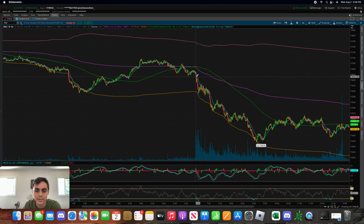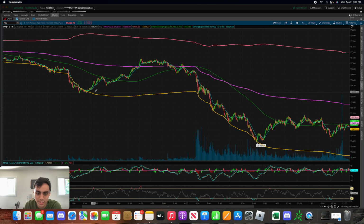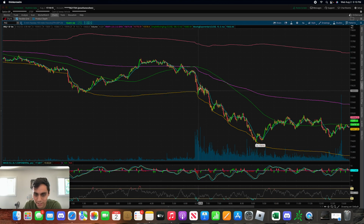That's why I got in lightly into SQQQ and I let it really run until we were approaching this previous support area. That's where I decided to lock in my trade on SQQQ because I didn't know if we were actually going to break below the support. We could have, for all I know, just bounced where it previously did and continued to uptrend. But once I saw this thing start to bounce here, that's when I took a small position on